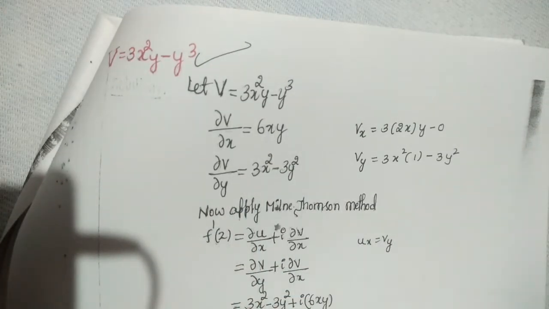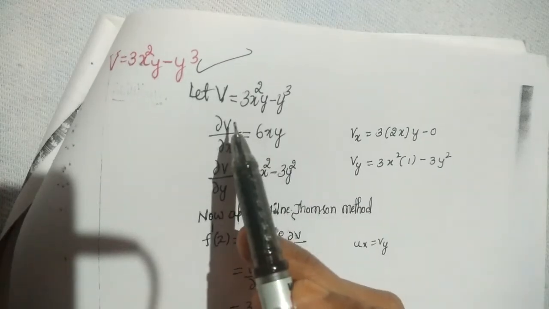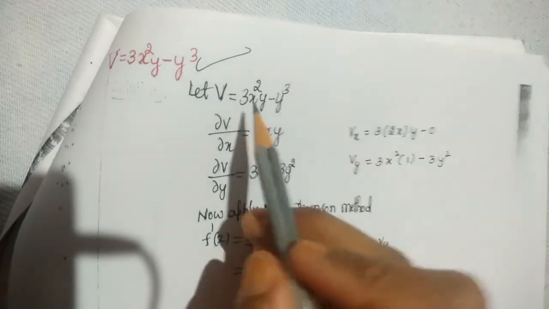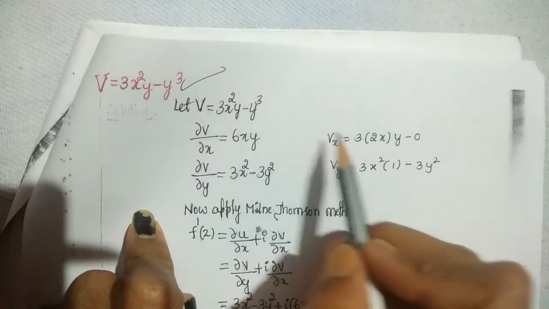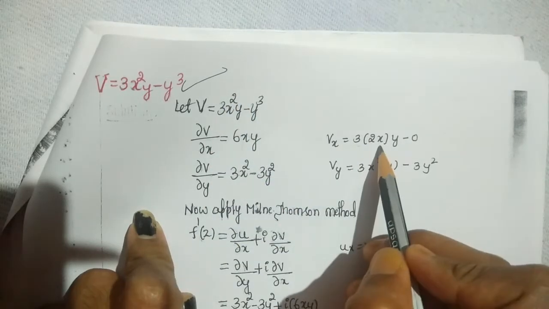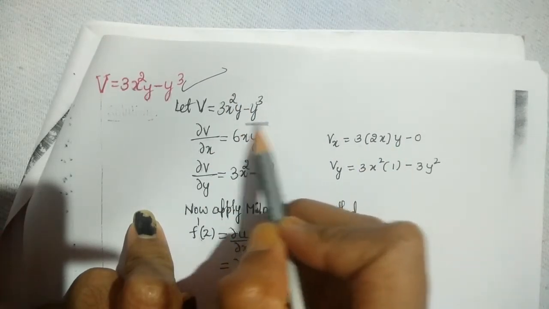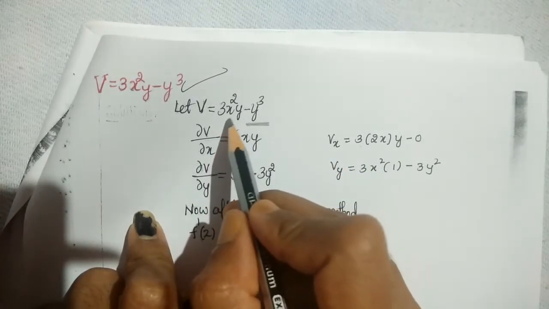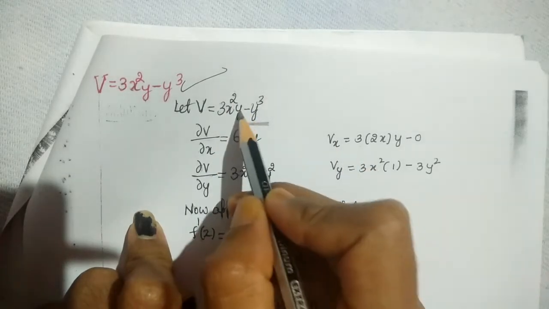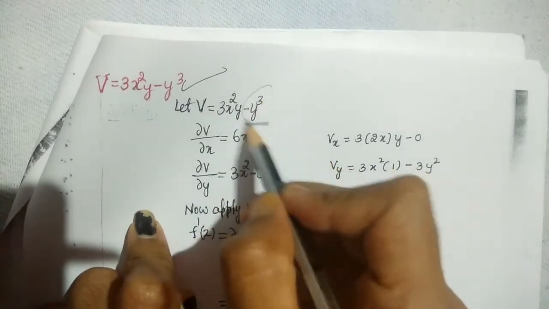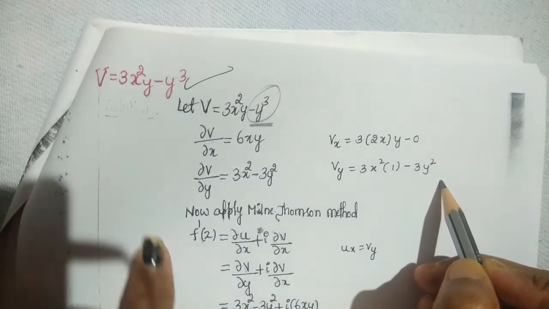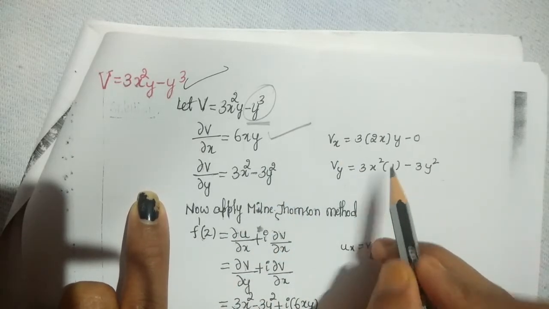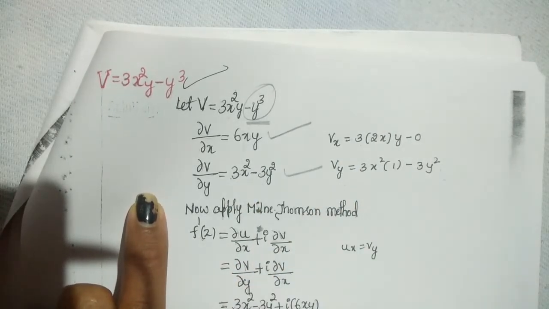Differentiate V with respect to x and V with respect to y partially. If you differentiate with respect to x, keep y constant. So Vx, what is the differentiation of V with respect to x? 3, okay. What is the differentiation of x square? x square is 2x into y. With respect to y, this one is constant, therefore it is 0. Now, if you differentiate with respect to y, 3x square as it is, what is the differentiation of y? 1. Minus y cube differentiation is 3y square. You know that. So that is Vx, that is Vy. 3 2s are 6xy, that is dou v by dou x, 6xy. 3x square 1s are 3x square minus 3y square, that is dou v by dou y.